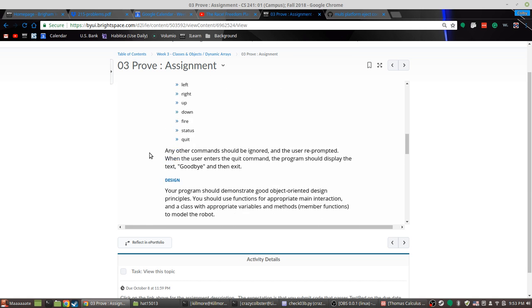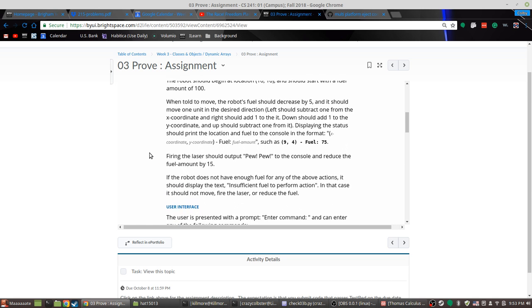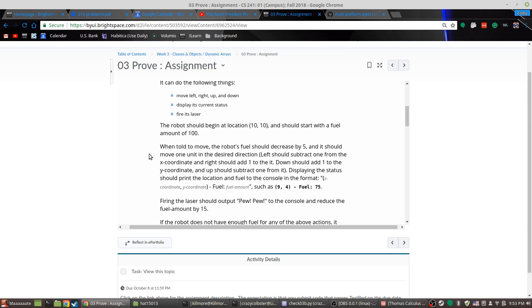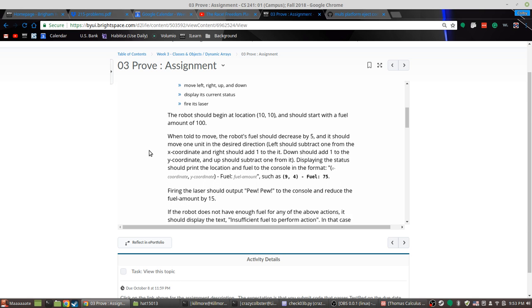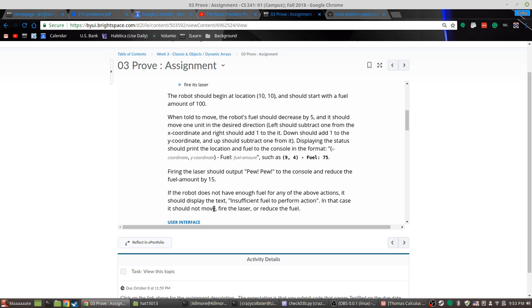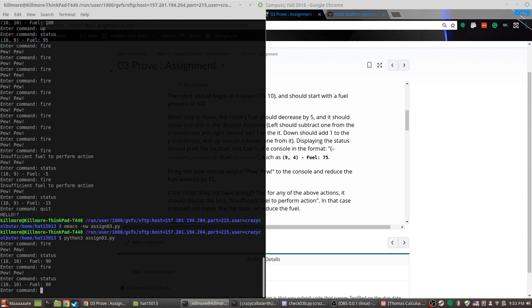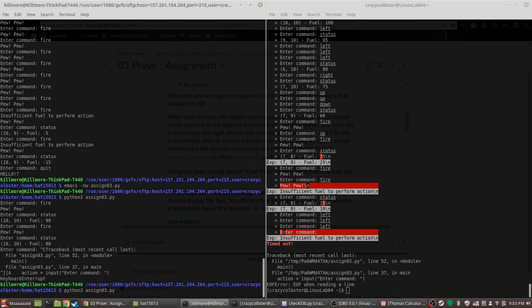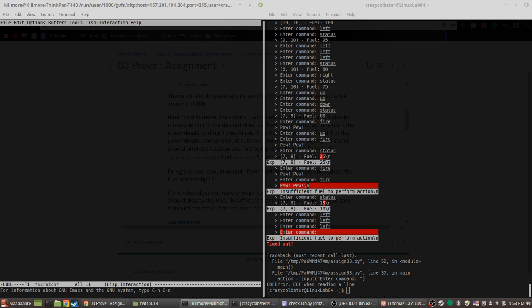So why won't it compile? Oh goodness, that was a lot of errors. Also, I hadn't tried compiling it yet. I just assumed it wouldn't. Oh, there's my problem. Tell me all my errors are because I forgot this one. Colby, I found my big problem. I'm charging 10 for firing, but it's actually 15 that I need to be charging.